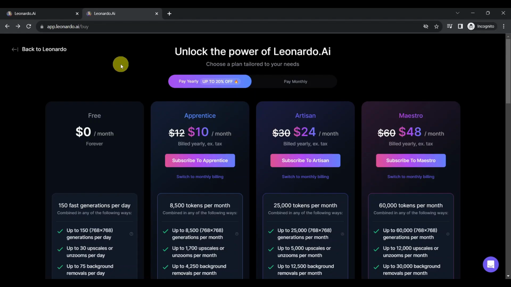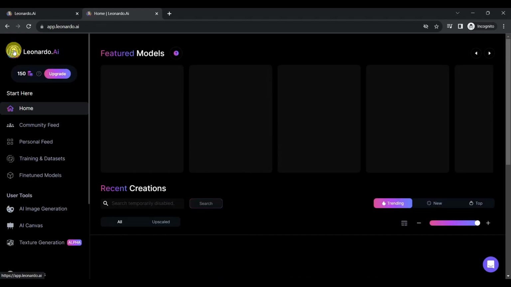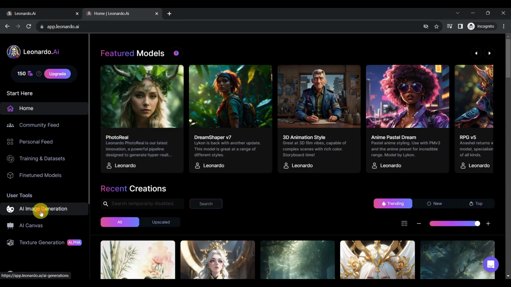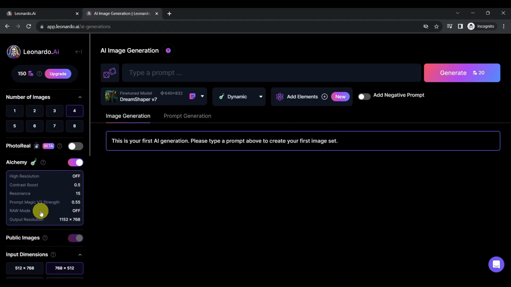Going back to the tutorial, let's go back to Leonardo AI's homepage. On the left side, we can see user tools. Under user tools, there is AI image generation. Click on that and we will be redirected to Leonardo AI's AI image generation tool. On the left section of the AI image generation page, we can see the number of tokens we have left,